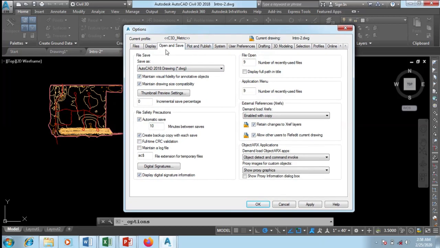In Open and Save, you have your file saved as what? How do you want to save it? I want to save it as AutoCAD drawing DWG. The DWG is the default for all AutoCAD related file types, which has this particular color and logo. You can just pull down if you don't want it. So you can say, okay, I want it to be saved as an AutoCAD file